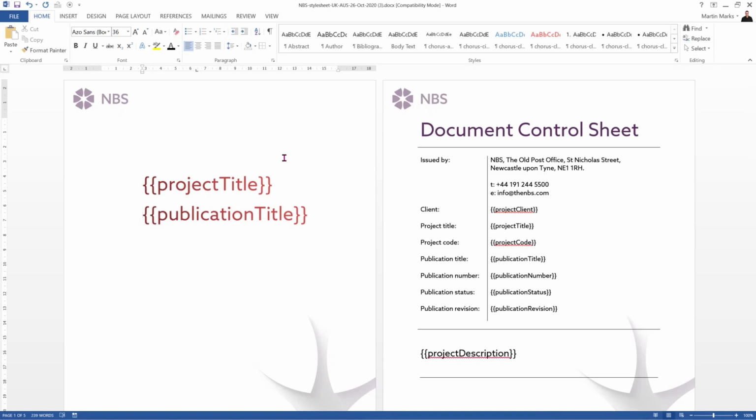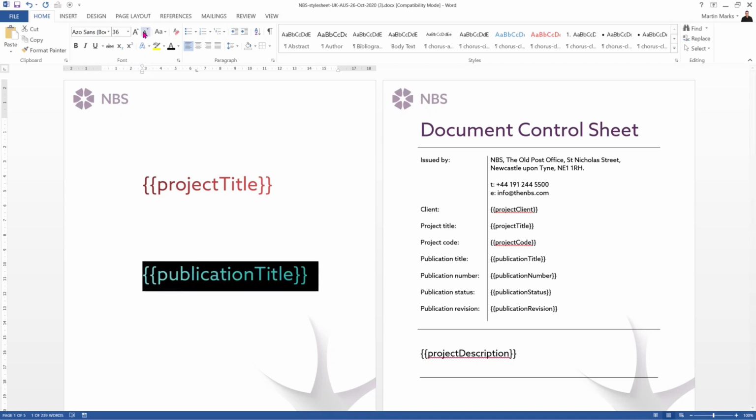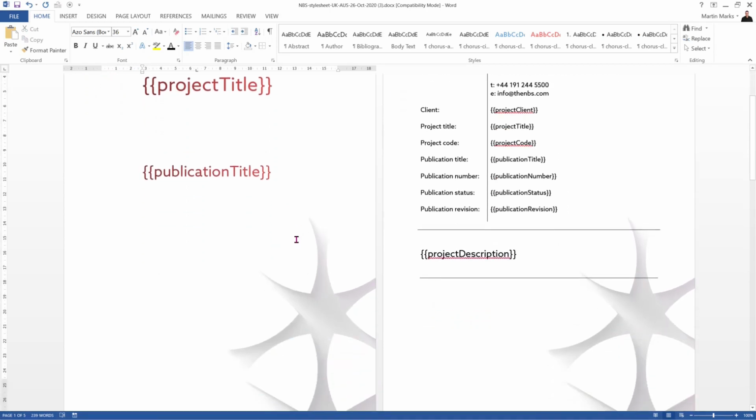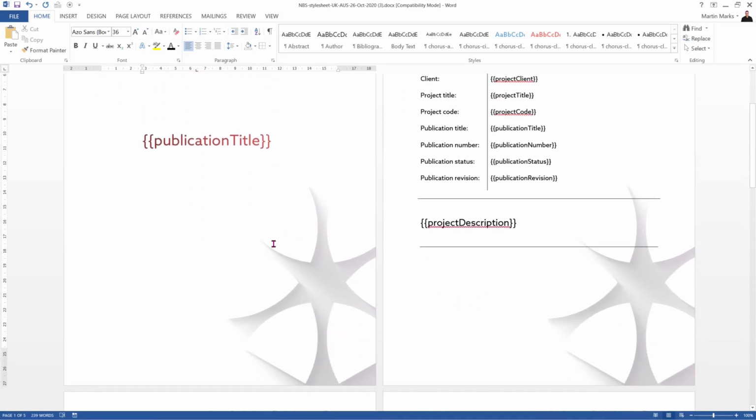And again, just use the left arrow key just to bring that down. And in fact, maybe I want that slightly smaller font, so I'm just going to go down maybe to 28 point size on that. Okay, so next thing I want to do is I want to include the revision number at the bottom. So the way I'm going to do this, I am going to insert a